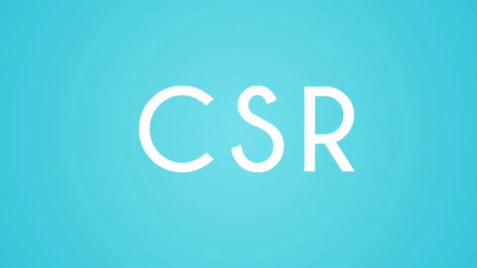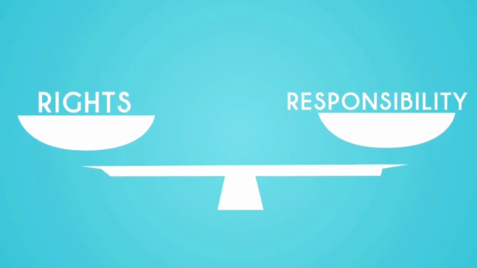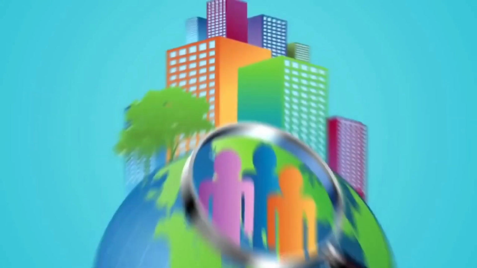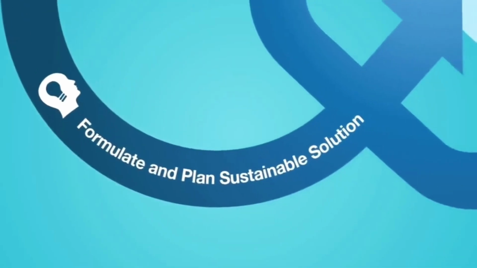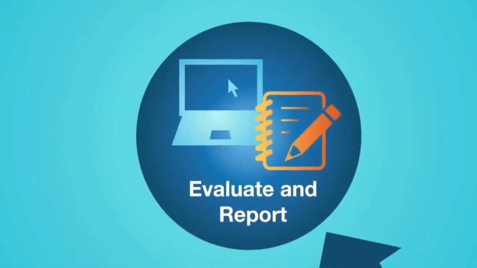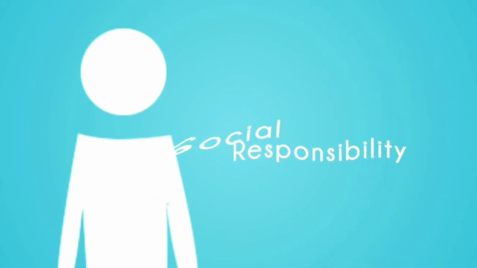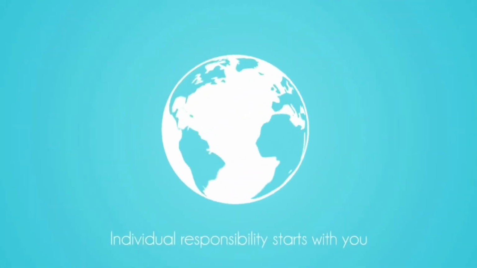Just like businesses focus on corporate social responsibility, JCI members are challenged to focus on individual social responsibility. We all have rights as citizens, but we also have responsibilities. The JCI Active Citizen Framework is a social plan that serves as a roadmap to sustainable development. That is what social responsibility is about. It is about me, you, and all of us taking responsibility for the future of our world, starting from our local community.